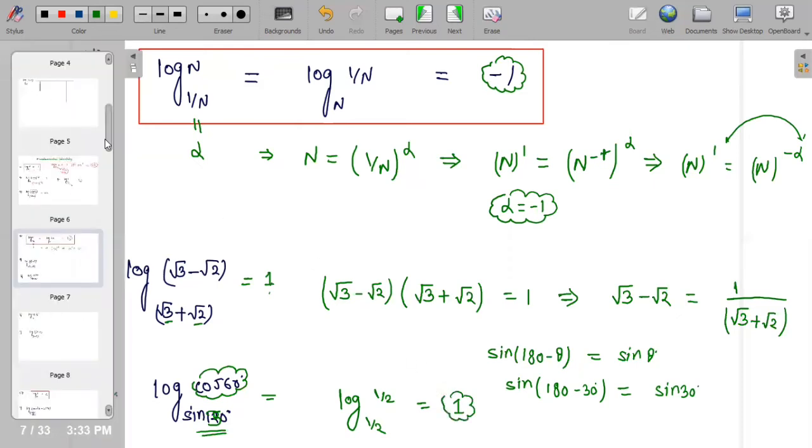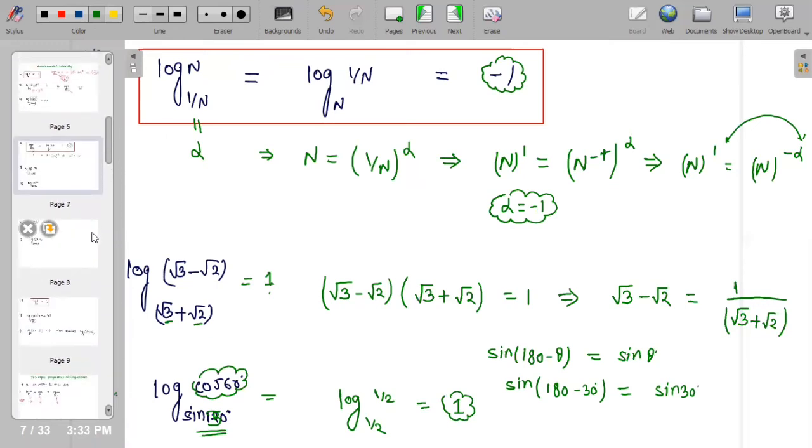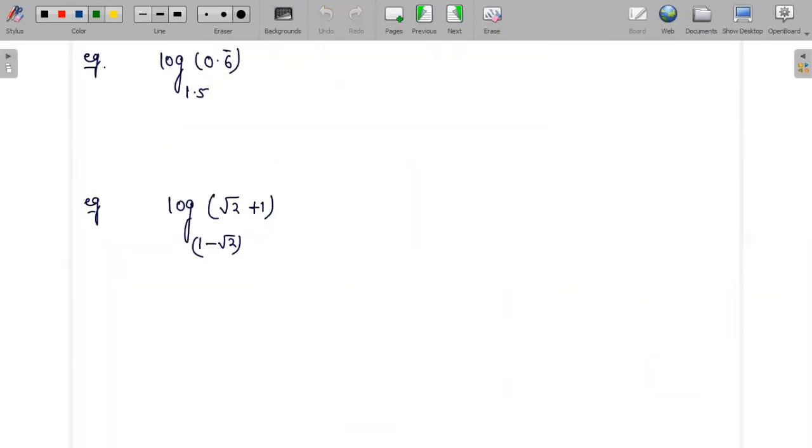Now let's take another one, and that one will be discussing some more challenging question. We have 0.6 bar, so it's a number, let me call it x. Is there any way I can represent that repeating number in p by q format or even in a rational one? So this 0.6 bar stands for repetition of 6 infinite number of times, and this is equals to x.